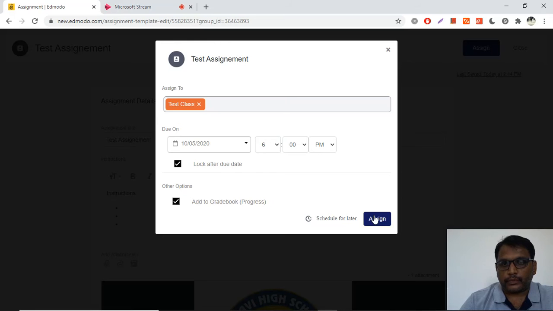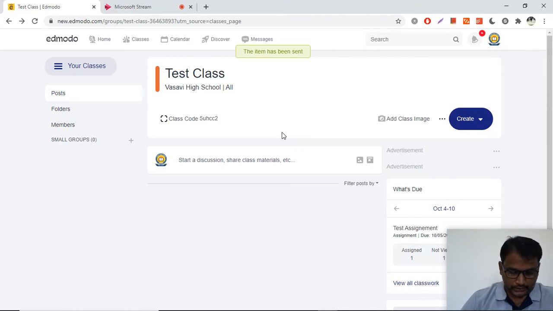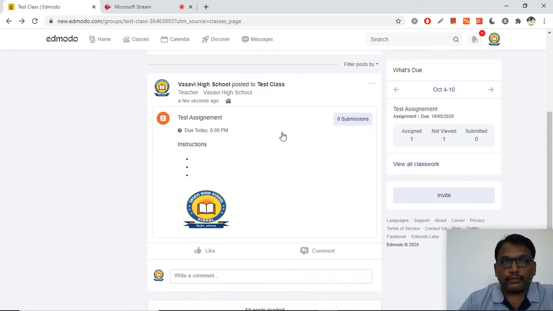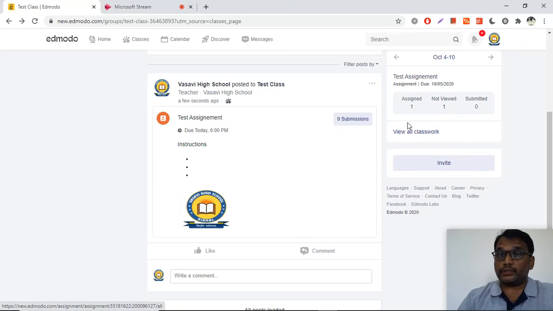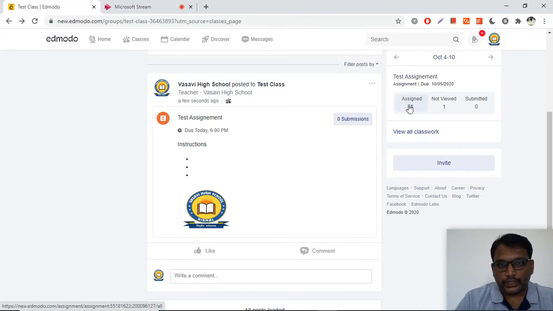Then click on assign. The item has been sent. This is how it will display your instructions, pictures or videos that you link. So here it can be observed: test assignment due on 10th month, 5th date. Assigned to one because there is only one student in the class, which is me, and not viewed.